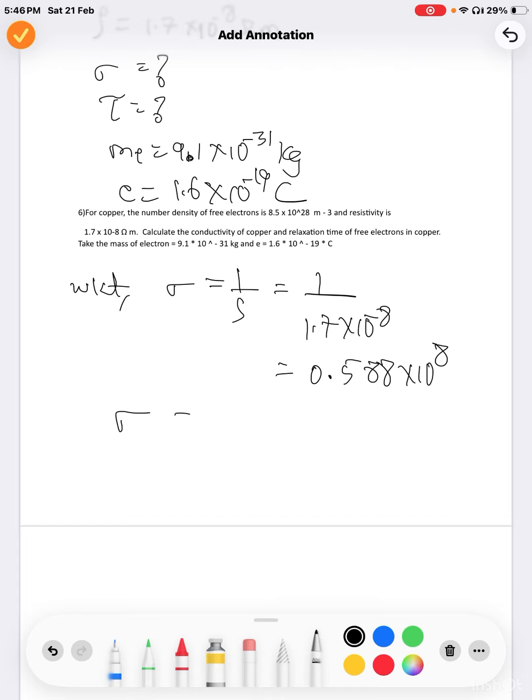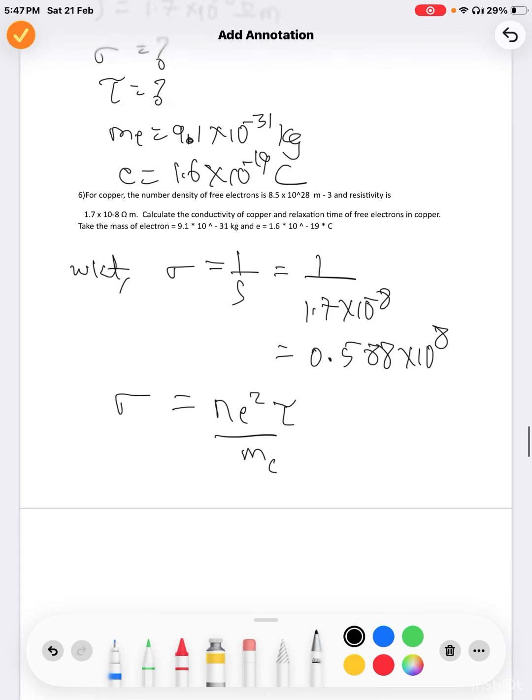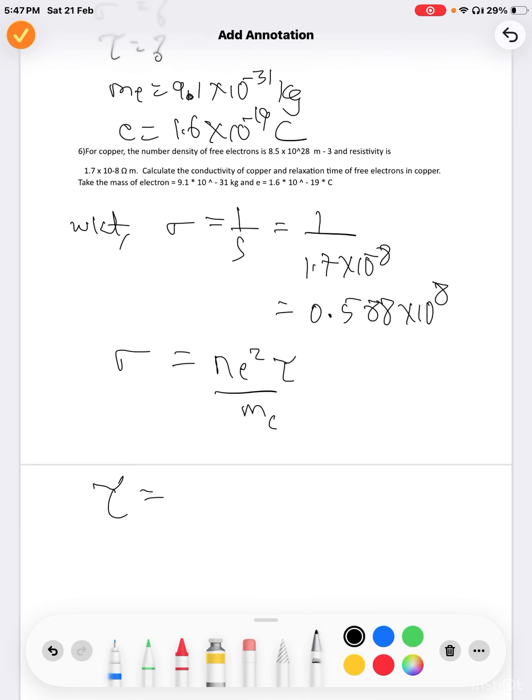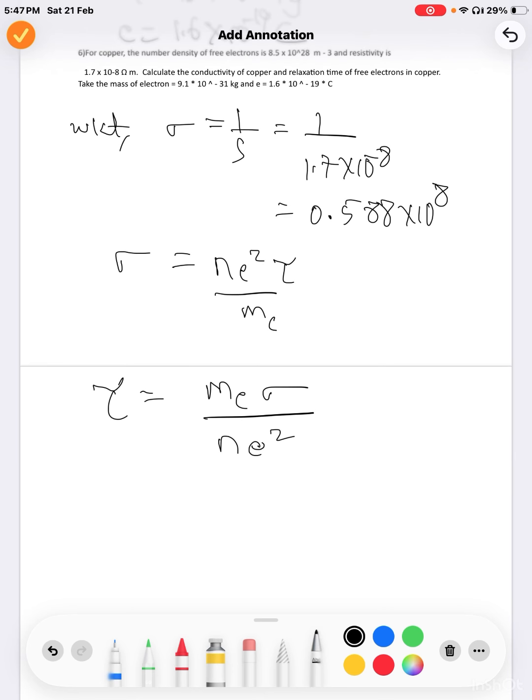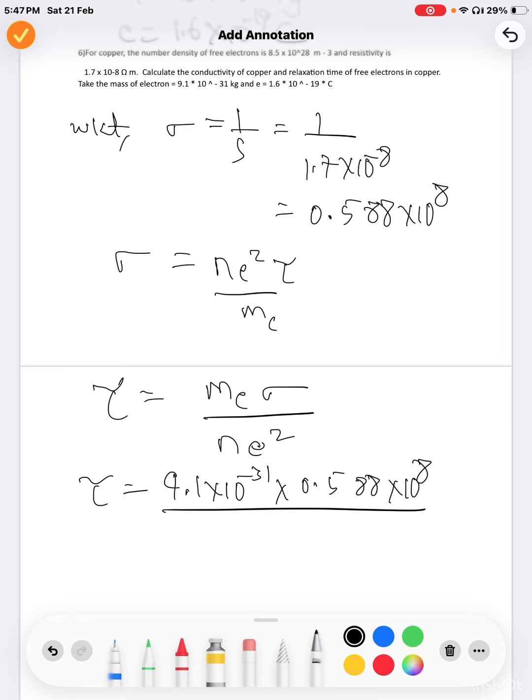So we have to go for conductivity, we know. Conductivity equal to Ne square tau by m is the option we have. So from this, relaxation time is equal to mass of electron into conductivity by number density into square of the charge of electron. So relaxation time: mass of electron is 9.1 10 to the power of minus 31 into conductivity we found out, 0.588 10 to the power of plus 8, by number density is given